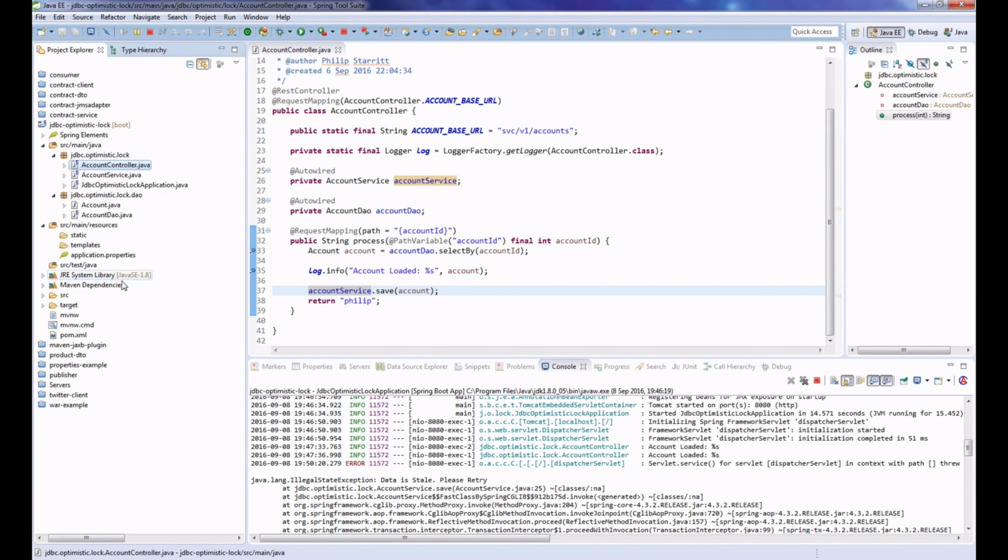So this is optimistic locking, and I should probably say, you want to use optimistic locking if you have a low chance of collision within your data. If you have a high chance of collision, meaning that you're pretty sure that people are going to collide all the time, you maybe want to consider pessimistic locking. So you're going to hold a lock up front in your data, even before you change it. So you say, I'm going to change this, I'm going to hold a lock, and then you release the lock when you're complete. You can do that based on transaction isolation levels, or